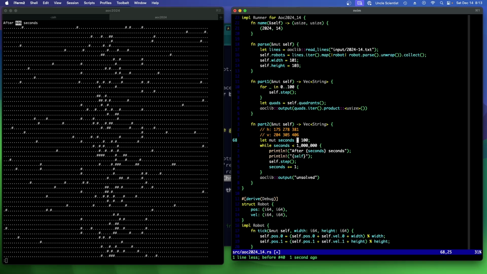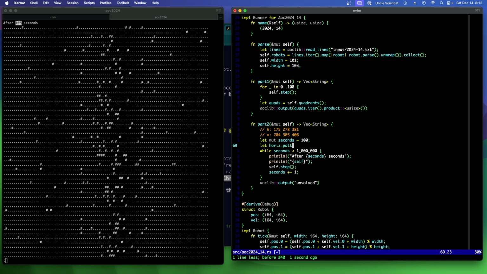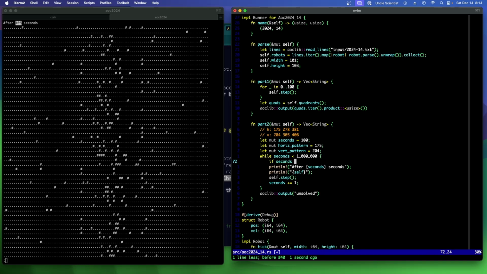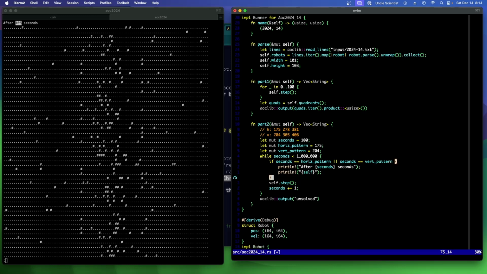How do we want to do this then? We'll say let HP, horizontal pattern. Now this is just specific to my input, I'm sure. I'm sure different people have different patterns. But we'll just print out the pattern one. Let mod vert pattern equals 204. Okay. So if seconds equals horizontal pattern or seconds equals vertical pattern, then we're going to do this. And then I want to increment